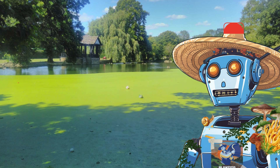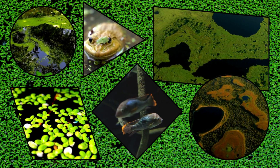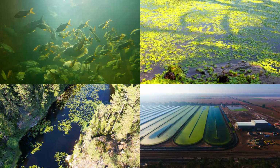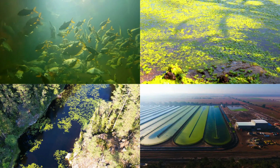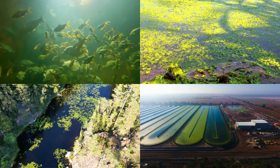So, the next time you find yourself near a pond or lake, take a moment to appreciate these tiny floating wonders. Wolffia reminds us that even the smallest things can have the biggest impact. Whether they're purifying water, feeding aquatic life, or helping us imagine a more sustainable future, these tiny plants deserve our